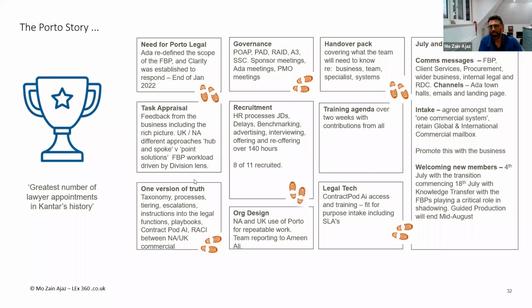So the need for this was established in January in order for us to actually build something that's going to last. There wasn't one version of truth. So the first piece of work that I did was a task appraisal. So I went out and asked lots of different people, what is it that's working? What is it that's not working? A very similar exercise with 3C. On the back of that, we built a rich picture, because I think visually, when you show something, it really knocks people for 6 in terms of this is where we were and this is where we need to get to.